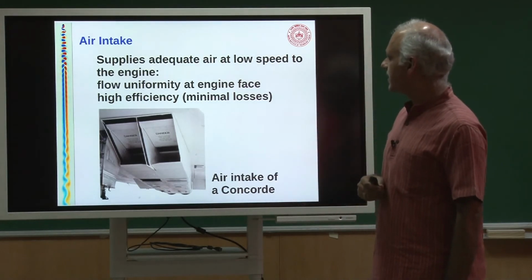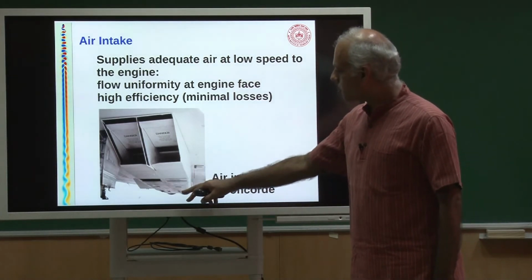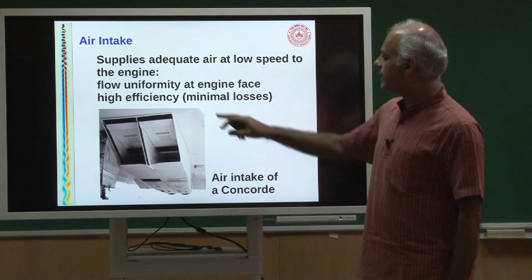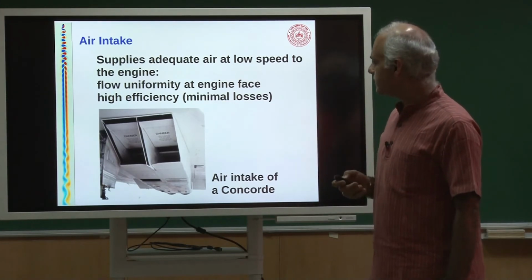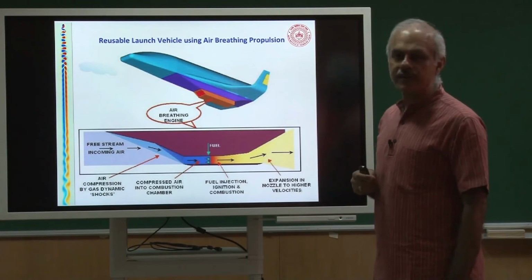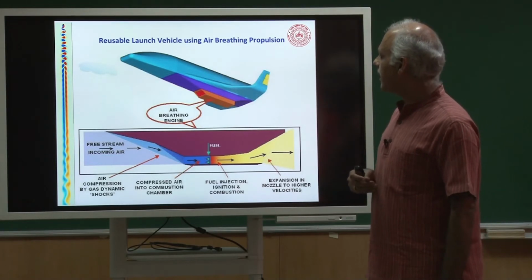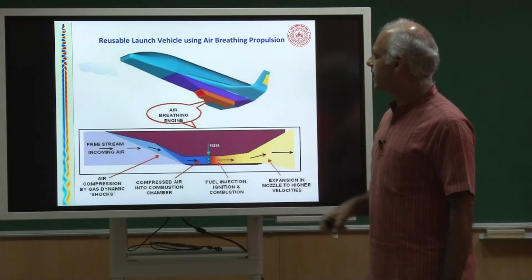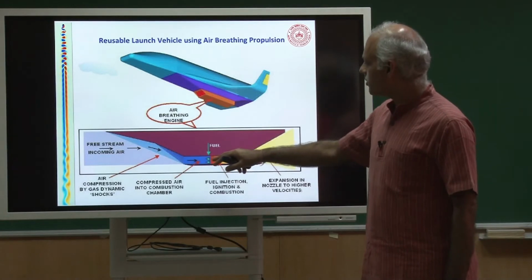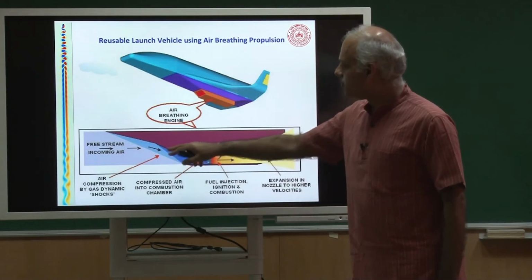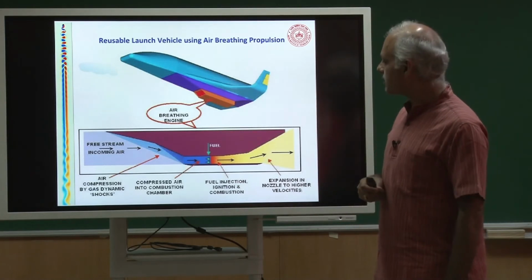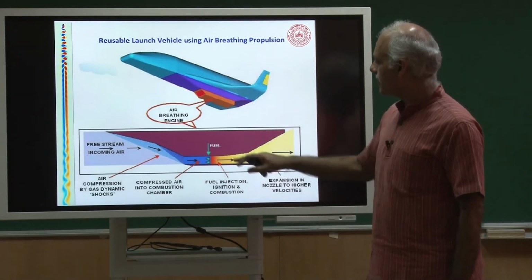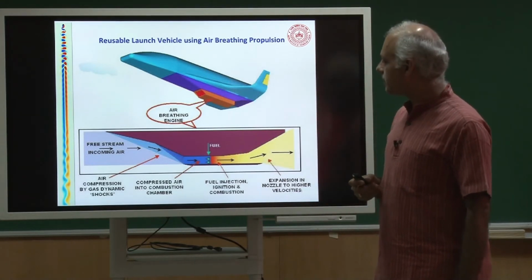So, this is a close up view of the intakes. These are the ducts, and we would like that when the flow approaches the engine, at the engine face the flow should be as uniform as possible, and these intakes should operate at high efficiency. In fact, if you look at the reusable launch vehicle, hypersonic vehicles, you have similar intakes. So, this is a typical intake, and there is an air breathing engine inside, shown in the view here, and you would like the flow to slow down using these shocks, so that by the time you get combustion here, the Mach number is fairly low.